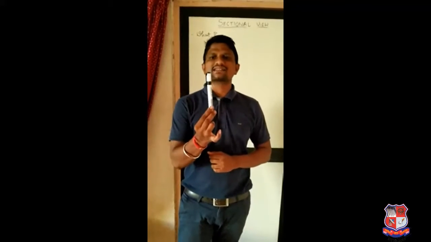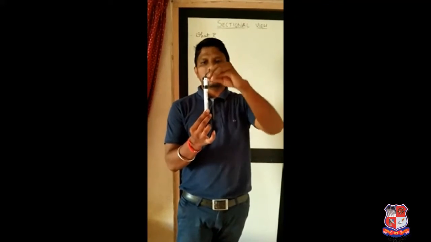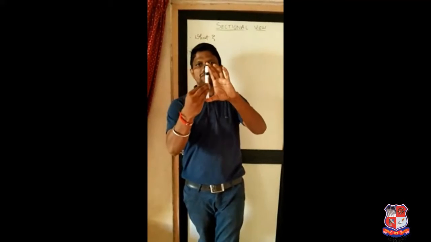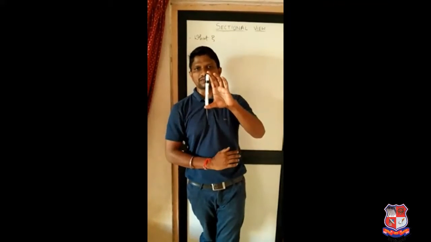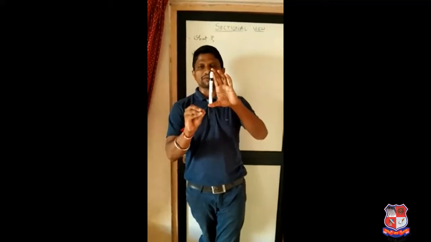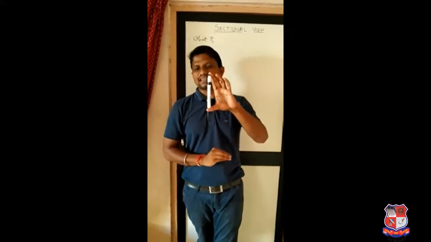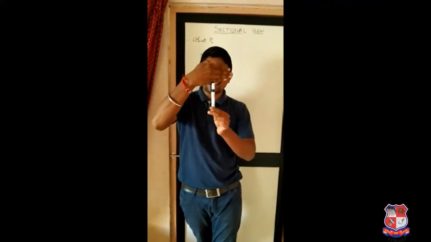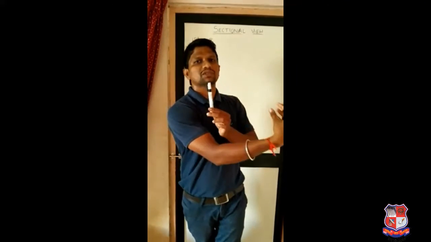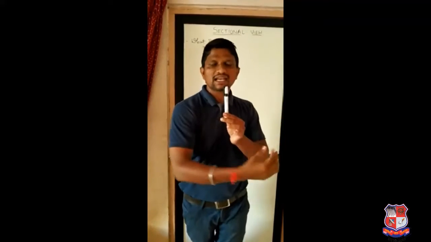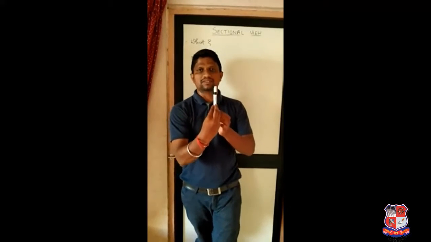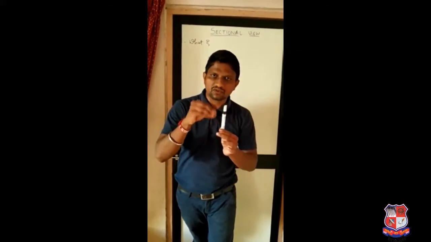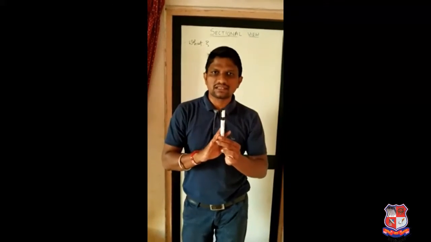Let us consider this object. Now, if the object contains numbers of hidden parts, and you are looking from the front, this is the front view of the object. Now, if in the front view there are numbers of hidden parts, then we need to imagine that the object is going to be cut in this manner. Half of the portion of the object is going to be removed, and then we are going to see the object. Then the hidden portion is going to be visible. So it is easy to read the object, right?